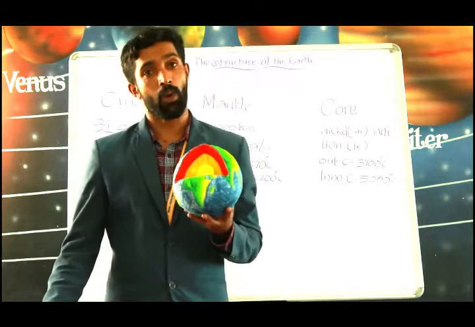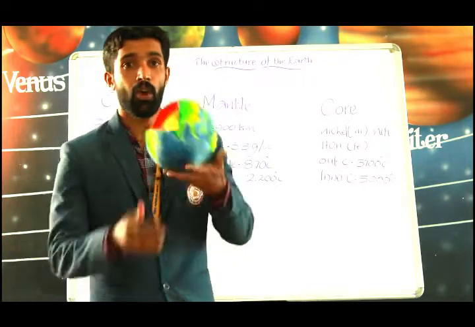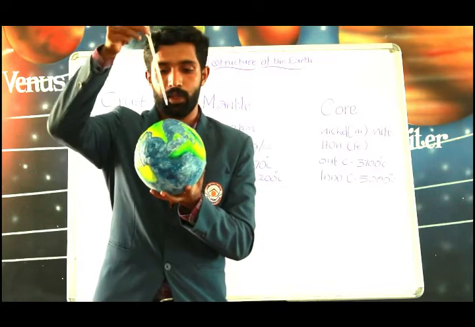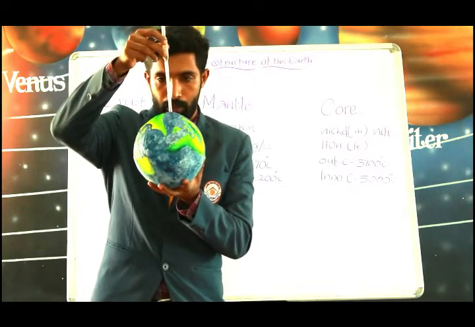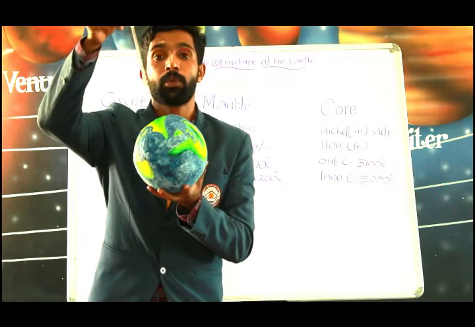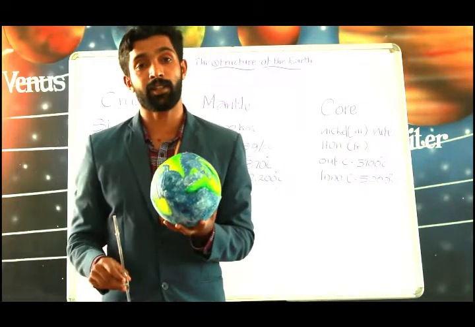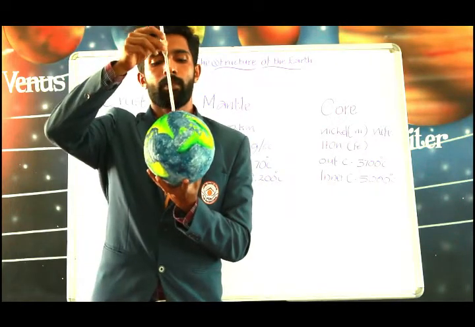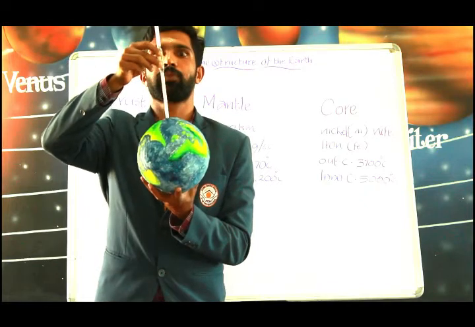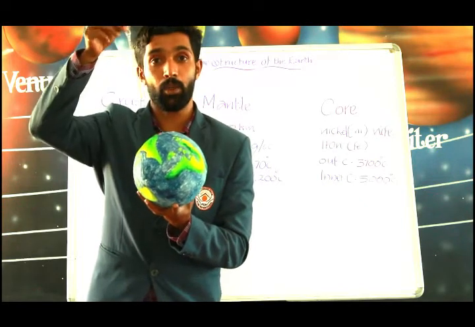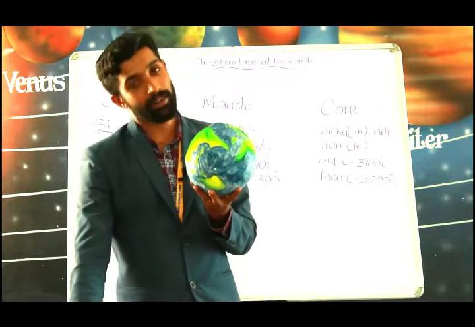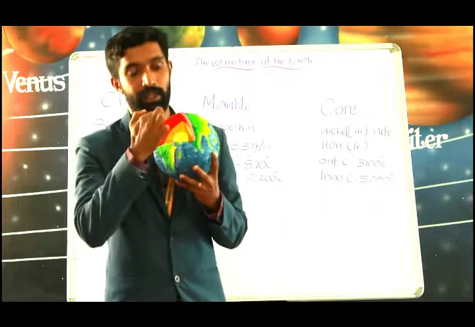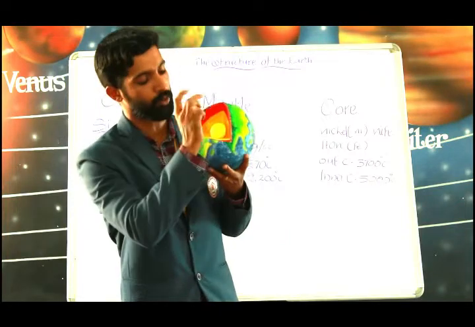Okay. And now let's check the temperature of the upper mantle. Let me see where it is going. Oh, it's reached up to 870 degrees Celsius. And the lower mantle, let me see. Ooh, shooting up. It is 2,200 degrees Celsius. Clear? Now, the third one, the innermost layer, inside you can see the small ball.